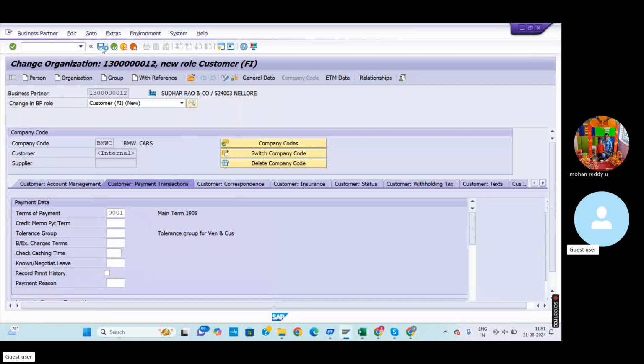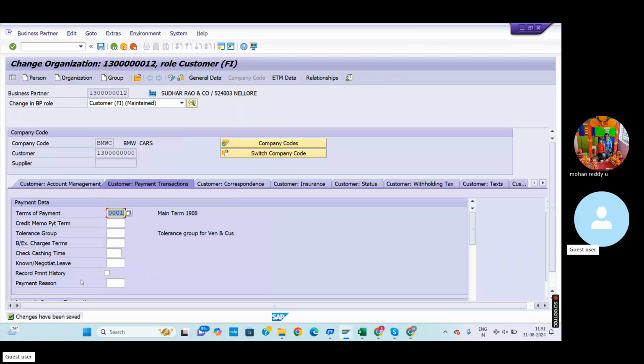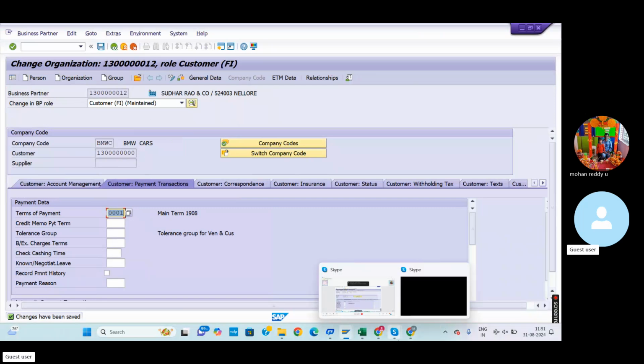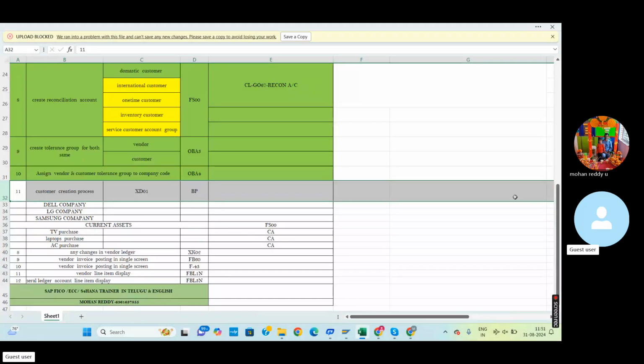So click on the save option. You can see here the changes have been saved. The same number, whatever the ending 12, the same number, will not be appearing here. Why? Because previously the same number would appear. Why? Because at the time of master data, here we can observe